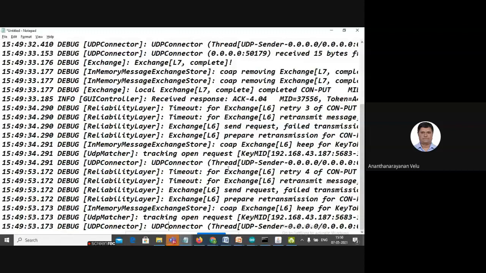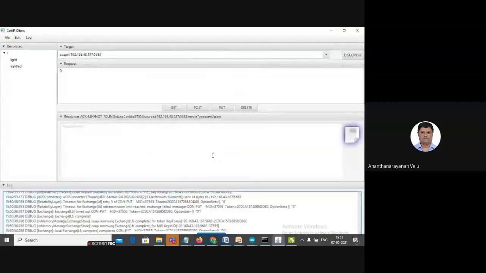Can you see from where you got the message? 192.168.43.187 is the NodeMCU IP address, which is the IP address of your CoAP server, and it is providing the service through port number 5683. All this information you were able to capture in the debug terminal.